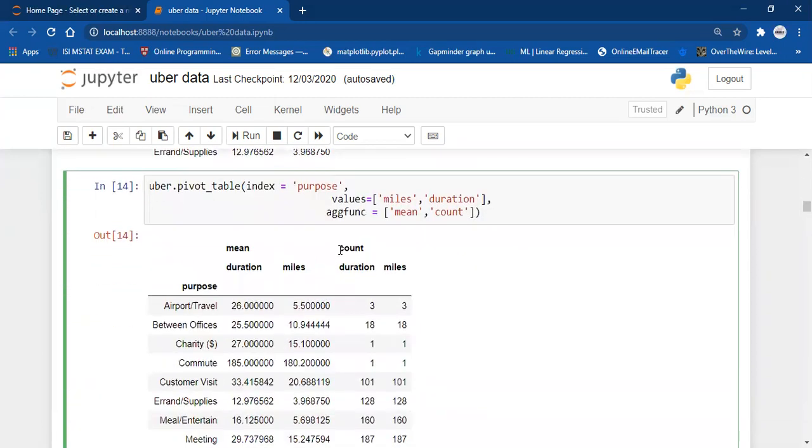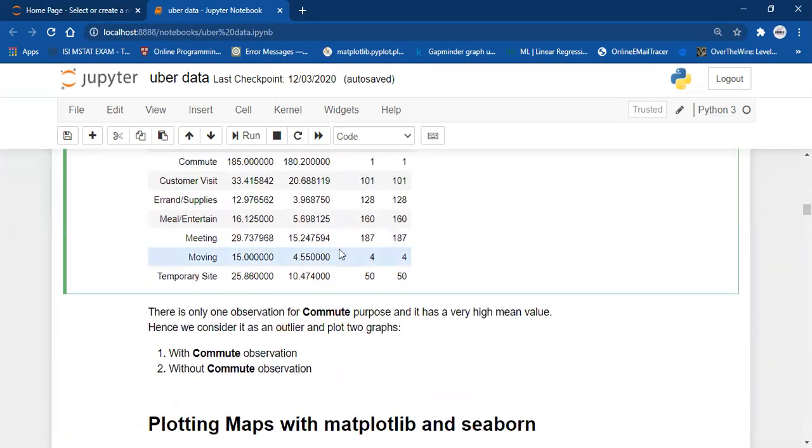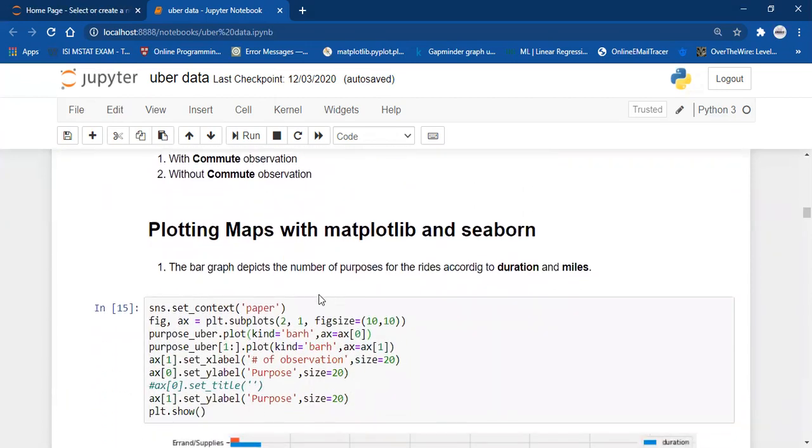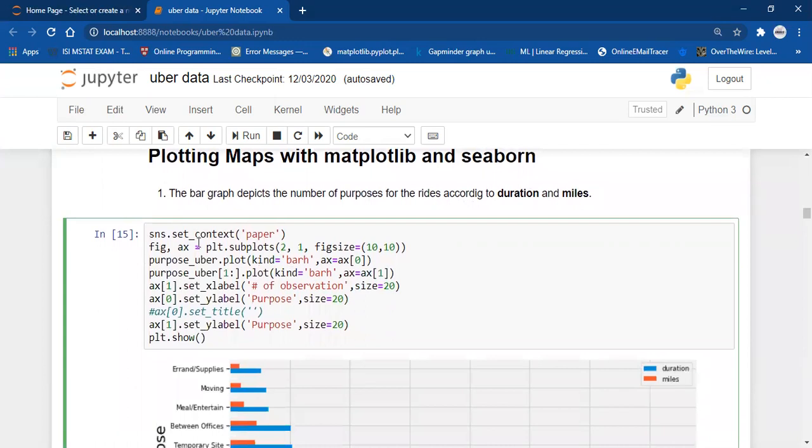So now moving forward with the data visualization part, I have used Matplotlib and Seaborn for the data visualization purposes. So plotting with Matplotlib and Seaborn, the graph depicts the number of purposes for the rides according to duration and miles. As you can see, first you need to set the context. You can set various contexts in Seaborn by mentioning sns.set_context.